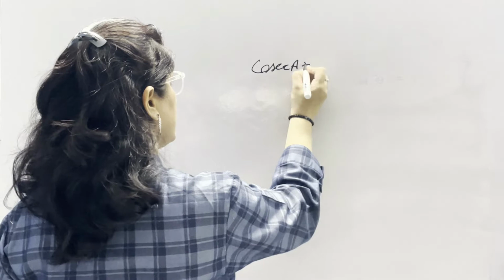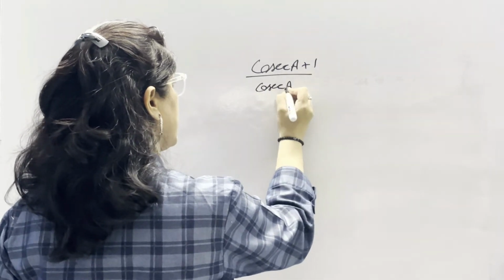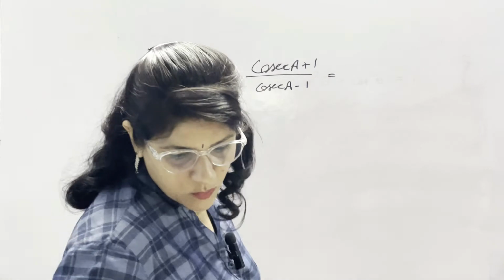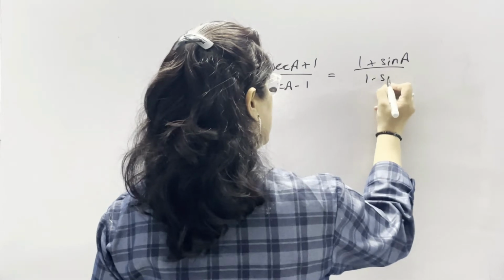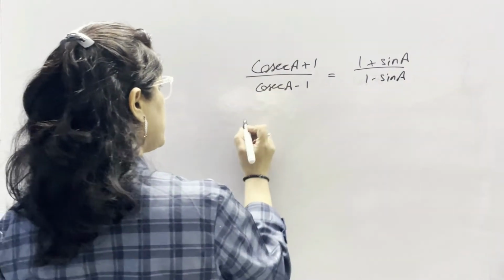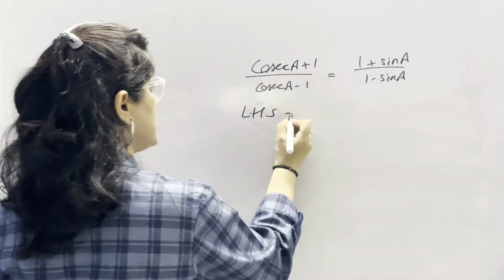Why are these my favorite questions? Because these are the only questions which have the answer in front of you. And it is very easy for you to prove RHS and LHS are equal. Now, starting with the easy one, we may have more than one method to solve the question. So, first question is (cosec A plus 1) upon (cosec A minus 1) is equal to (1 plus sin A) upon (1 minus sin A). Now, if I am going to start with LHS, then I just need LHS and start.